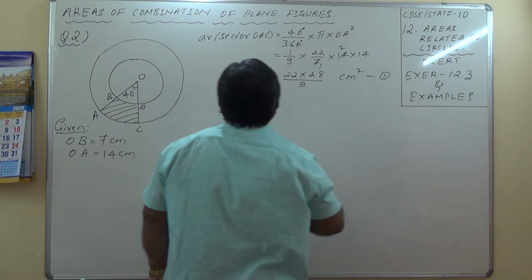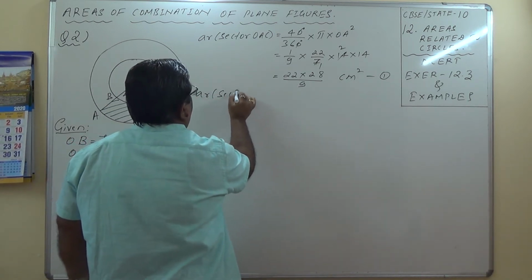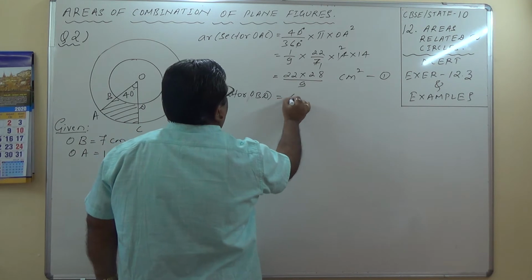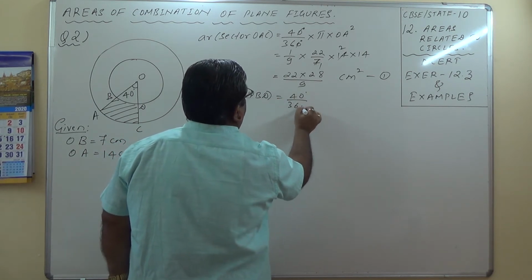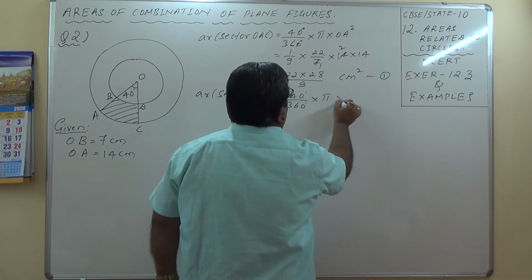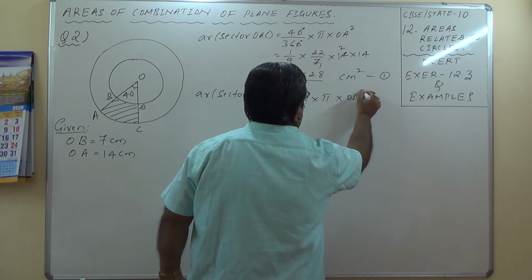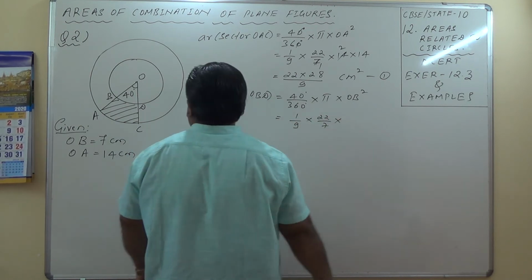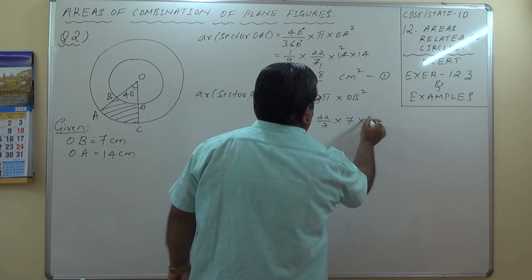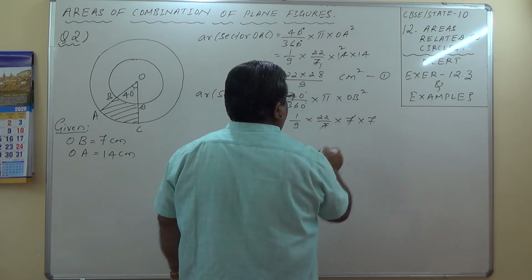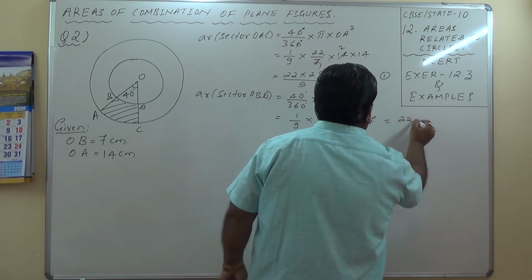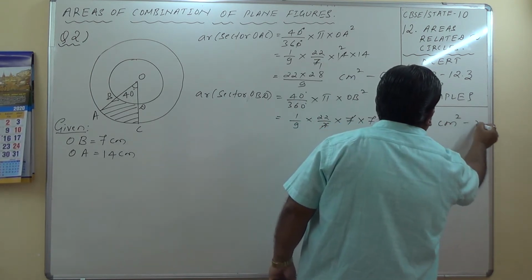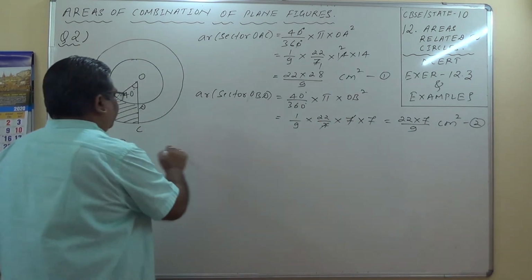This is 1. Now the area of sector OBD is equal to 40 by 360 into pi into OB square, which is 1 by 9 into 22 by 7 into OB, which is 7 into 7. So here we get this as 22 into 7 divided by 9 square centimeter, this is 2, and therefore the area of the shaded region